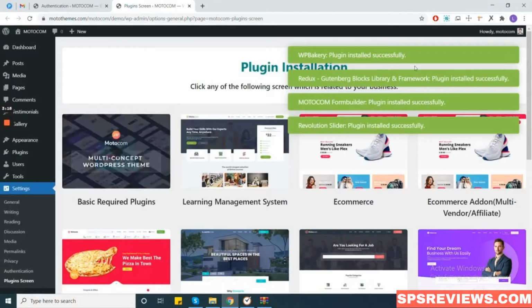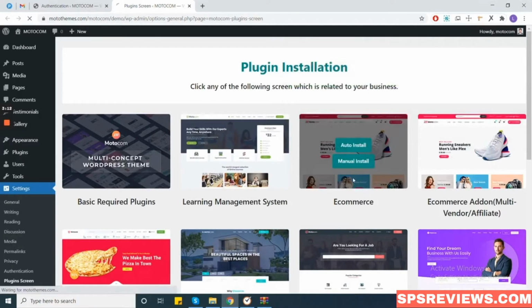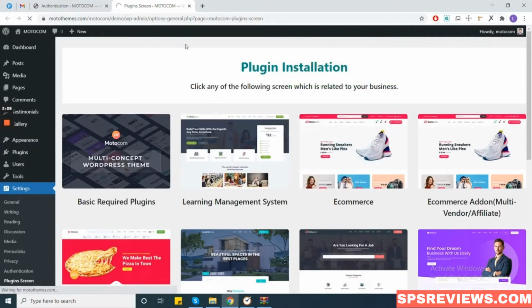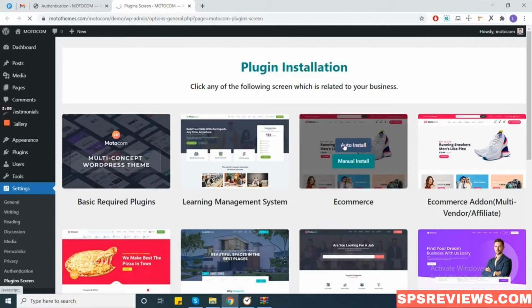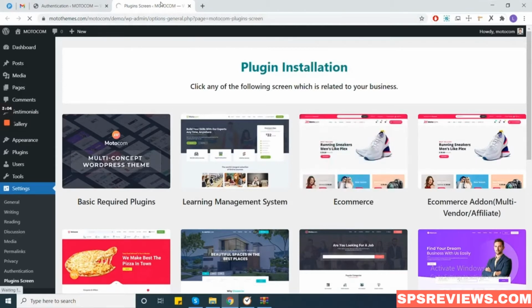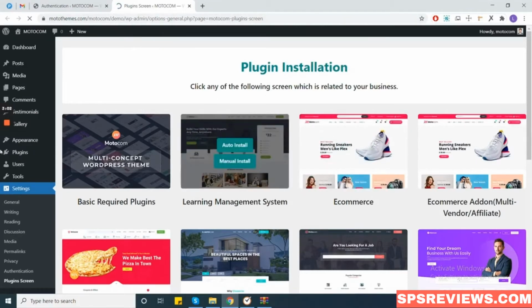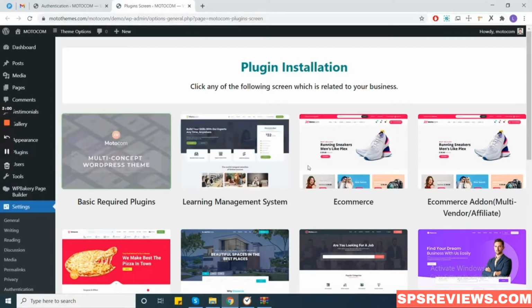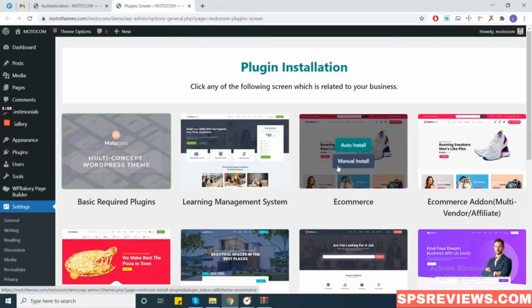So as you can see, all the 4 relevant plugins are being installed. After this, we need to go to the e-commerce plugin. Next, we need to install the e-commerce plugin.